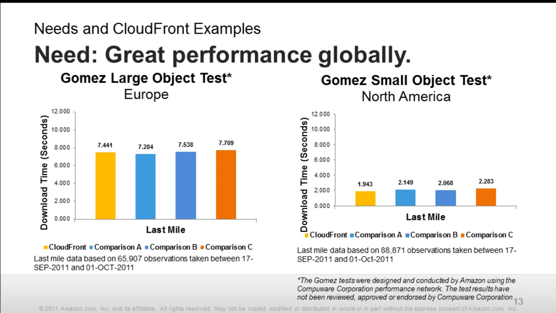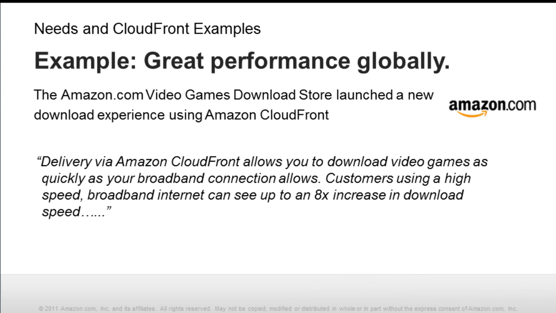So you can see they're kind of on par in Europe. They're on par, a little faster, in North America. And again, this was that same time period. In the case of Europe, it was almost 66,000 observations. In the case of North America, it was almost 89,000 observations, just the number of end nodes that Gomez uses or has available to run a test. That's the difference in the number of measurements. So going through that,